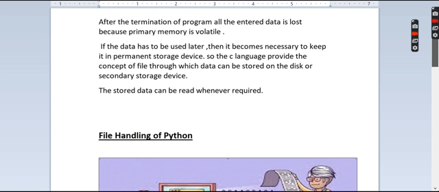After the termination of a program, all the entered data is lost, because random access memory is a volatile memory. If the user wants the same data again, it has to be saved in permanent storage. So it is necessary to keep it in a permanent storage device, so every language, C, C++, Python, provides